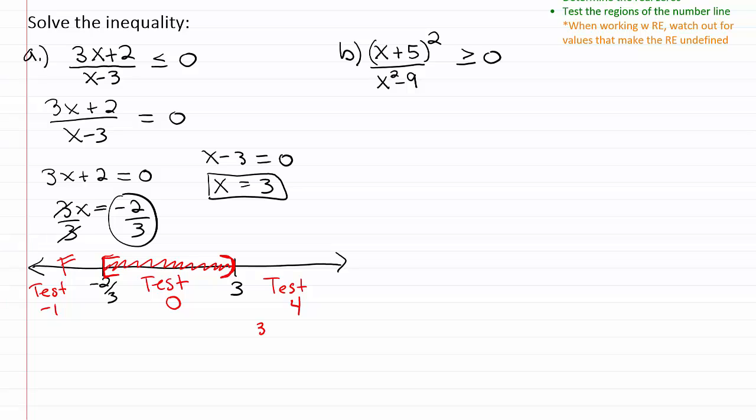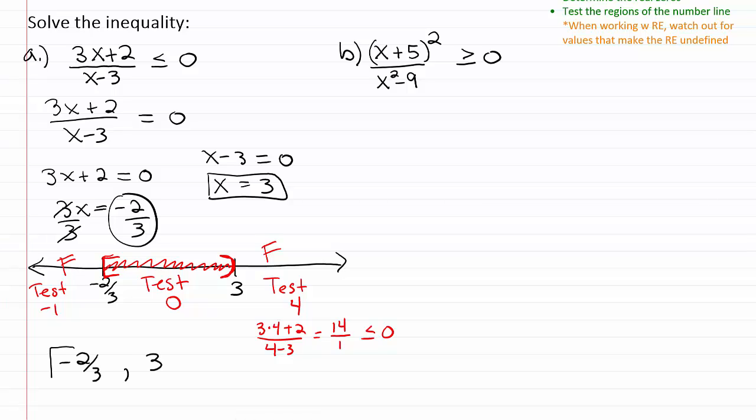We'll have 3 times 4 plus 2 over 4 minus 3. Well, that would give you 3 times 4, 12, plus 2 is 14, over 4 minus 3 is 1. That's 14. Is that less than or equal to 0? No, that'd be false, right? That's not true. So basically, the answer for this problem is from negative 2/3 up to 3, those set of